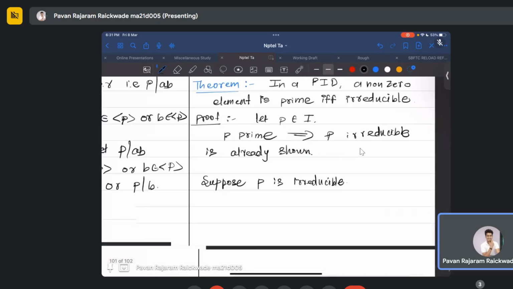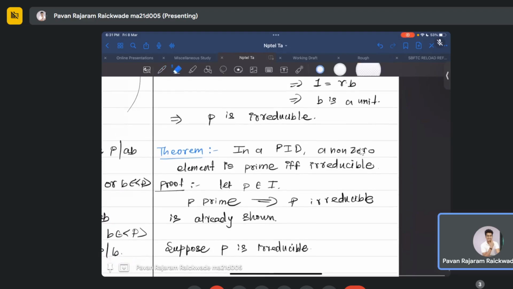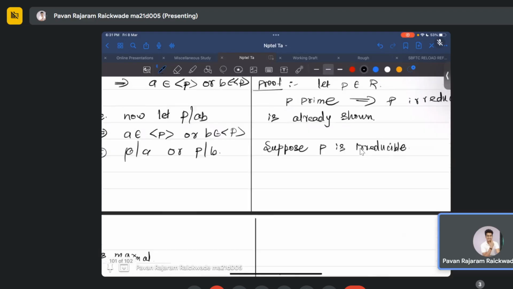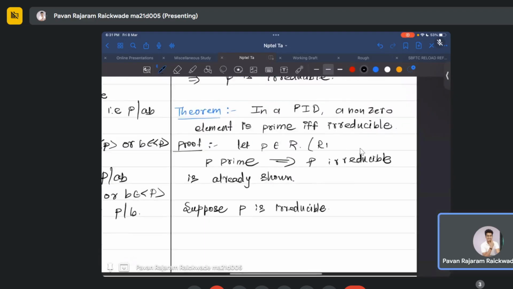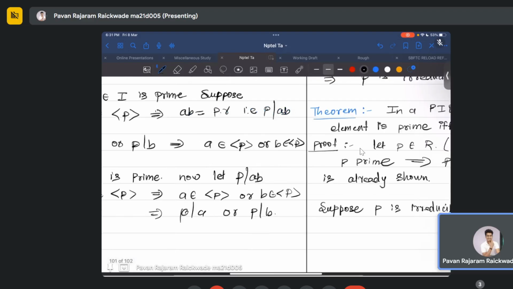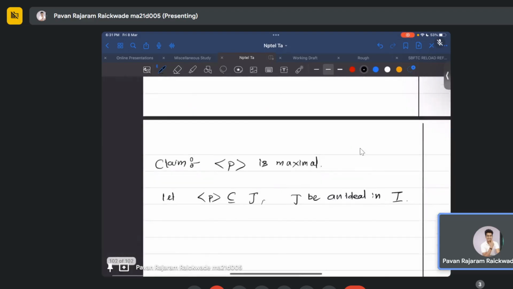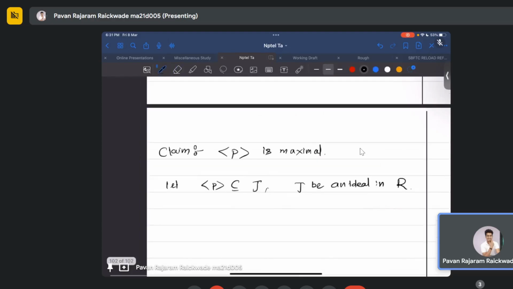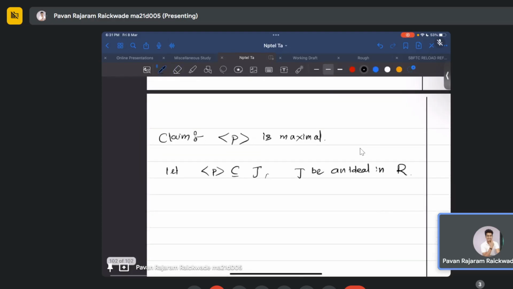Did I define it anywhere? If not, I'll just start with R. R is my PID. So now since R is a PID,